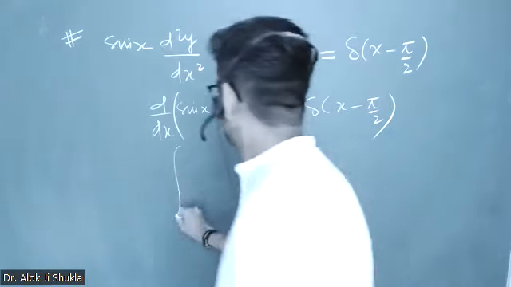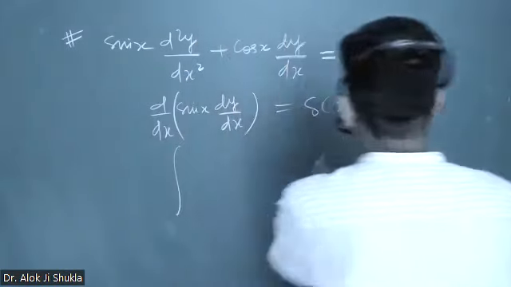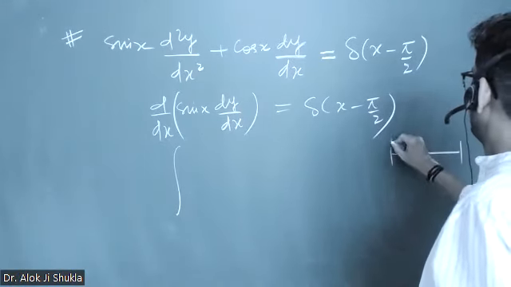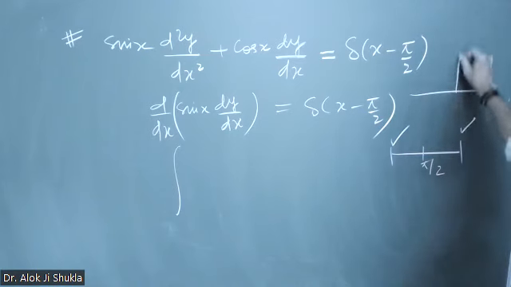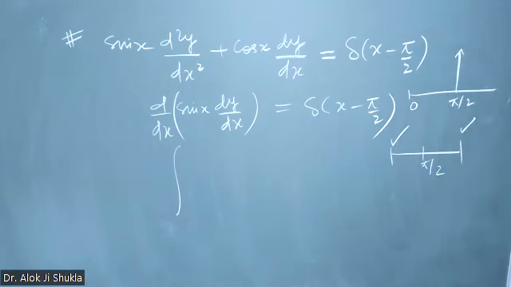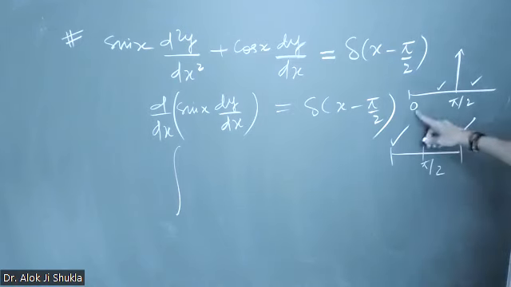Now integrate both sides। मिनिमम आपका इंटीग्रेशन ऐसा होना चाहिए कि वो पाई बाई 2 बीच में आना चाहिए। सो दैट मीन्स पाई बाई 2 यहाँ है, तो यहां से लेके यहां तक होना चाहिए। इट शुड बी फ्रॉम द लेफ्ट ऑफ पाई बाई 2, अदरवाइज राइट हैंड साइड विल बिकम 0। डेल्टा फंक्शन आपको पता है कि डेल्टा फंक्शन ये वाला कहां लाई कर रहा है, पाई बाई 2 पे। दिस इज 0। सो आवर इंटीग्रेशन शुड इंक्लूड दिस रेंज, और वो क्वेश्चन में गिवन है कि पाई बाई 2 इज इंक्लूडेड। सपोज मैं लिख दूं 0 से 2 पाई तक करो, तो अपने आप ही पाई बाई 2 बीच में आ जाएगा,